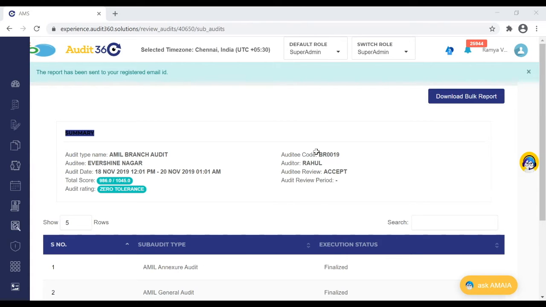So at the individual sub-audit level, the reports would be seen. The general audit would have information at individual checkpoint level and corresponding information updated against the checkpoint.